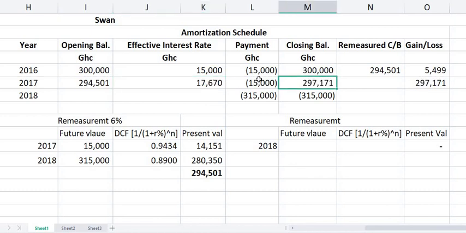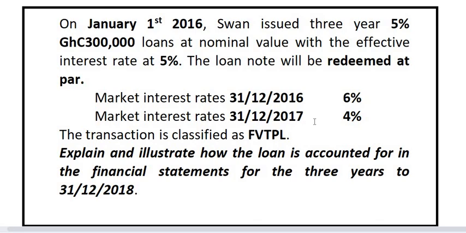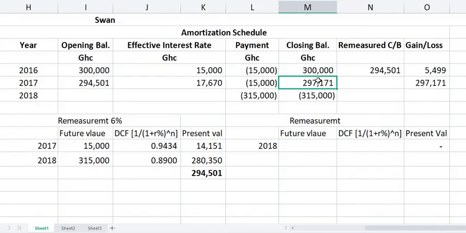Yes. So having done that, we know our coupon is still the same. Our closing balance using the effective interest rate of 6% for 2017 is 297,171. We were also told that at the end of 2017, our effective interest rate fell to 4%. If it has fallen, we need to remeasure our closing balance before we enter 2018,